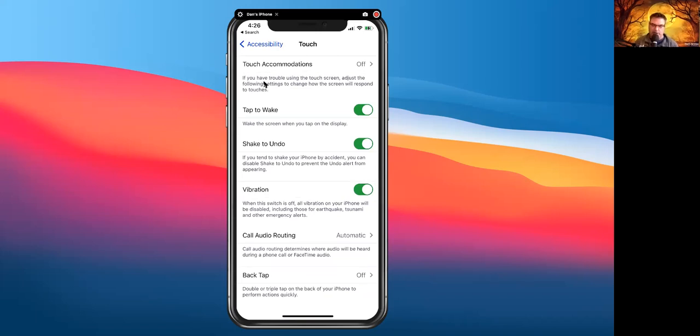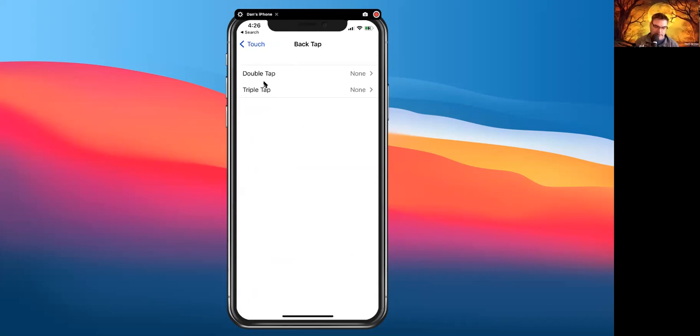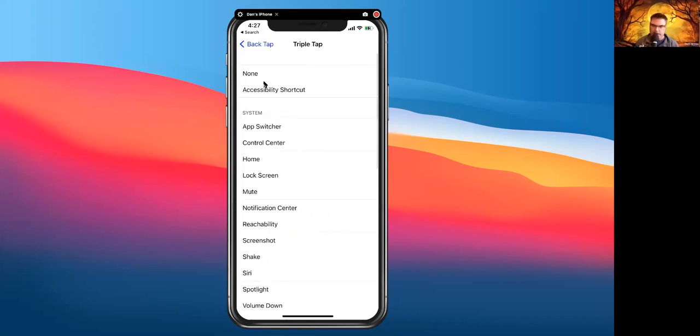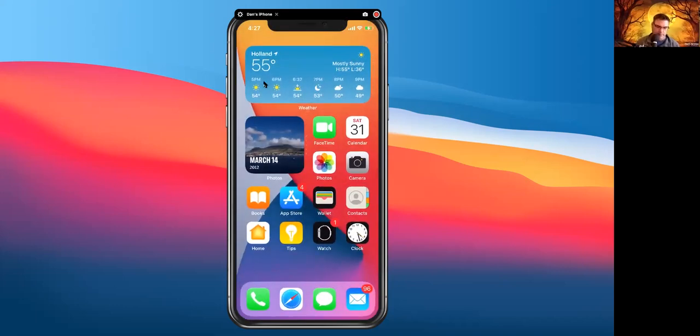Right now it is off. When I tap on this, I'm going to use triple tap. Double tap, I've actually found that it's pretty easy to double tap your iPhone, so then all of a sudden it could open something up. So I would recommend just trying out the triple tap first if you're going to do this. And then let's just go with the app switcher. So now I want to switch apps. You can't see it, but if I tap on the back of my iPhone 3 times, 1, 2, 3,